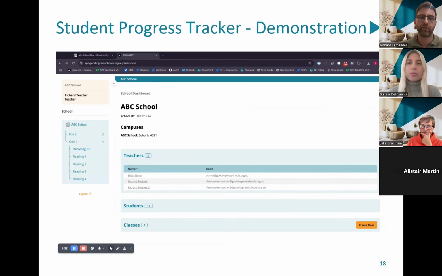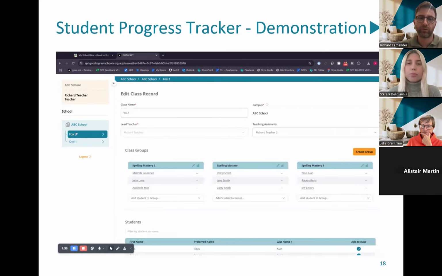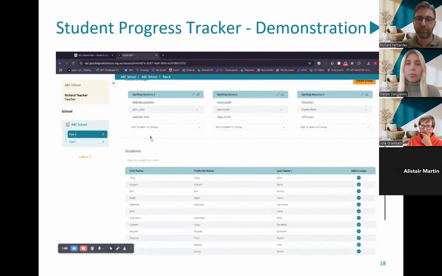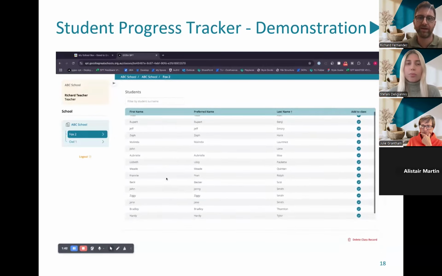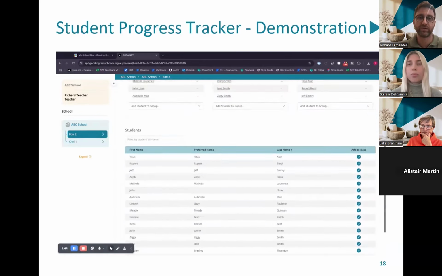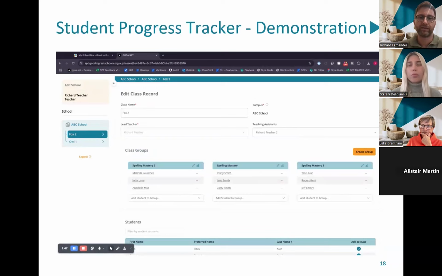And when you click through to one of your classes, you can see how it's organized. Each class has a name, and it has a campus that it's associated to. The class has a lead teacher, and you can have other teachers associated to the class too, so that can help you administer the class.